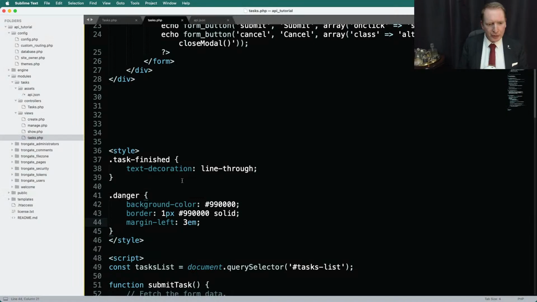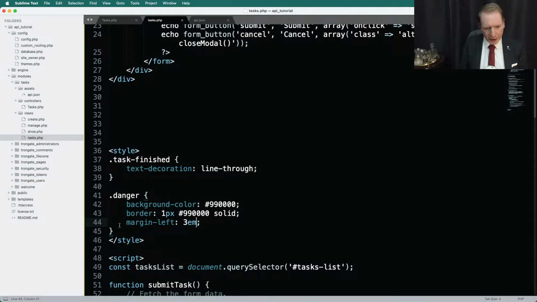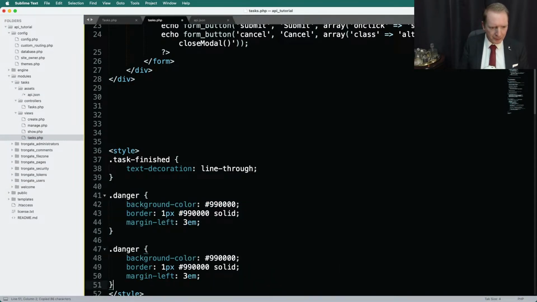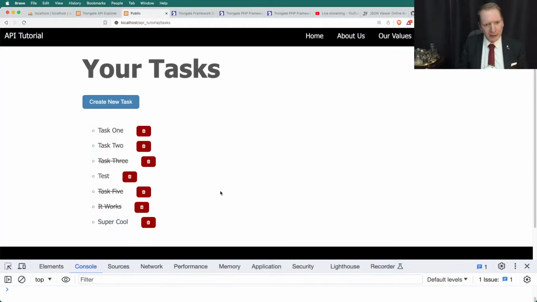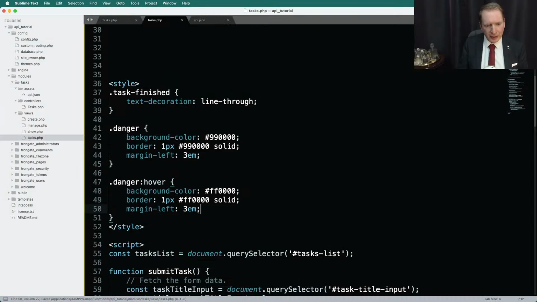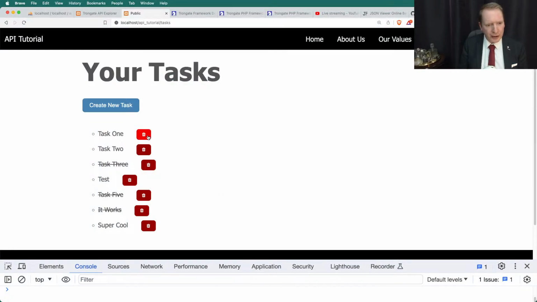All right, so that's that. Now when we hover, by the way, do you see how it's going blue? It's very easy to change that. I'll just copy this. I'm going to say colon hover, and then I'll change these colors and make it go to a bright red, like FF0000. Save. We don't need this margin here because it stays the same, but we're going to save and refresh, and look at the beautiful delete button. Okay,